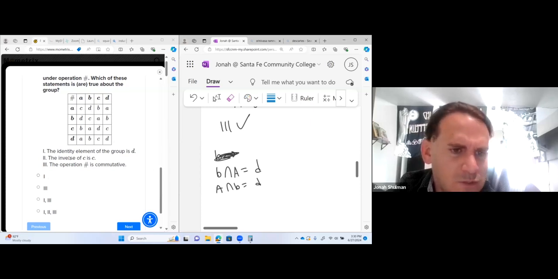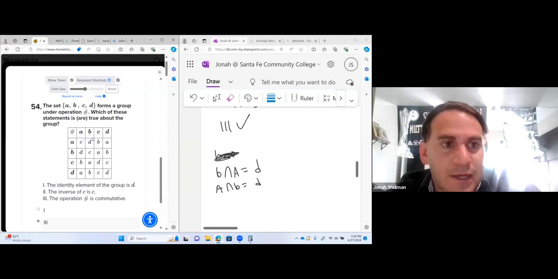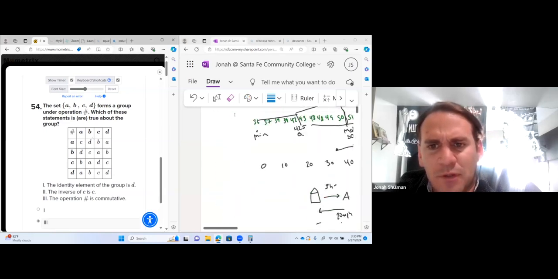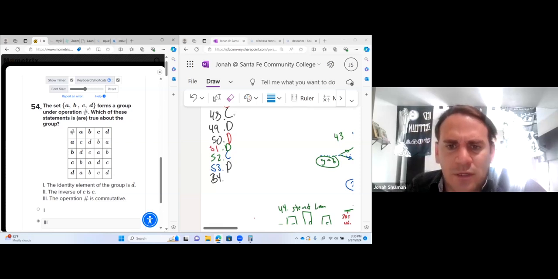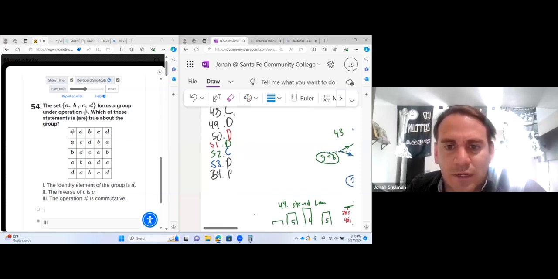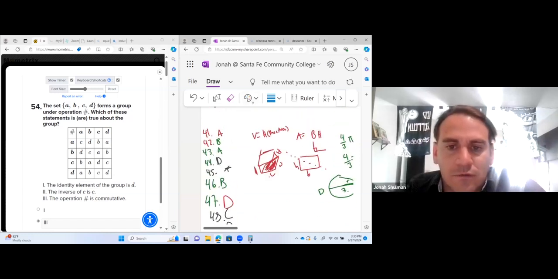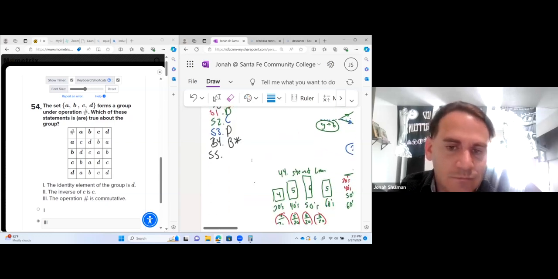But why do 1 and 2 not work? Well, why does 1 not work? I don't know. I'm just going to go with 3 right now for 54. So I'm going with B for 54. And if I'm wrong, I'll put a little star by it. I knew it'll take some time for me to get to another one that I had questions about. Let's go to 55. So as of right now, there are 2 of them that I'm not sure about. But guess what? It's okay.